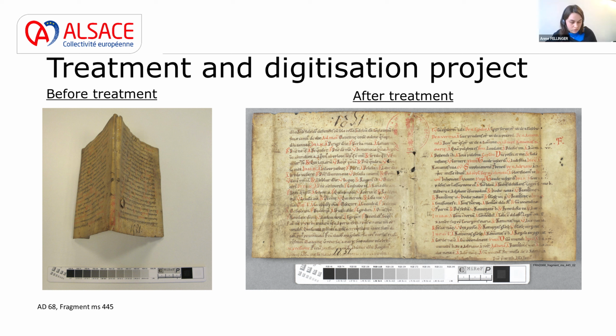Today, our goal is to offer researchers images of these fragments to promote their study and facilitate their exploitation. As I said, fragments of Orin have all been digitized, and we have started the digitization of fragments of Barin. If these images are or will eventually be offered on our websites, we also have very high quality images set